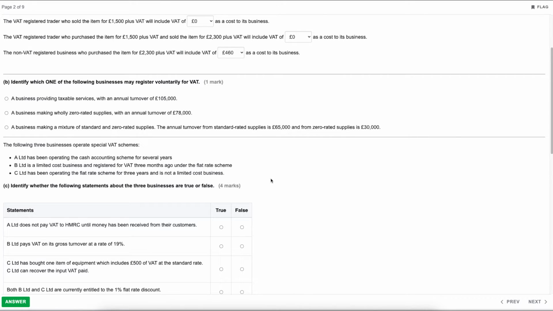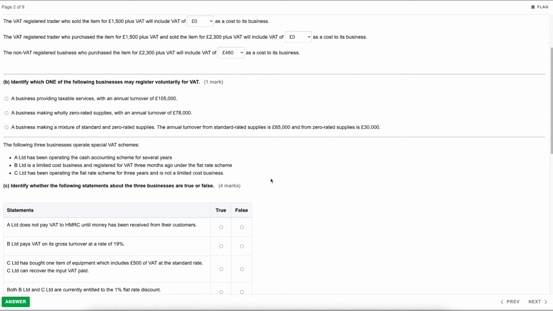So the specific part to this question is that it states may register voluntarily. So if the business has to register, that will not be the correct option for this particular question, because this is asking who can register voluntarily, not who must register or who is compulsory in terms of registration. Our first option is a business providing taxable services with an annual turnover of